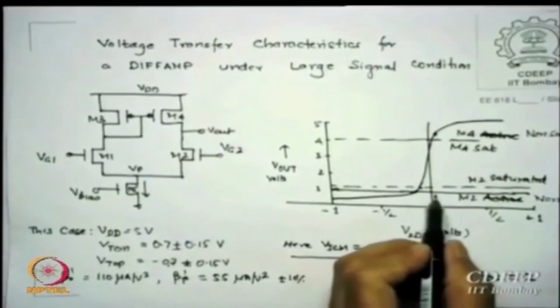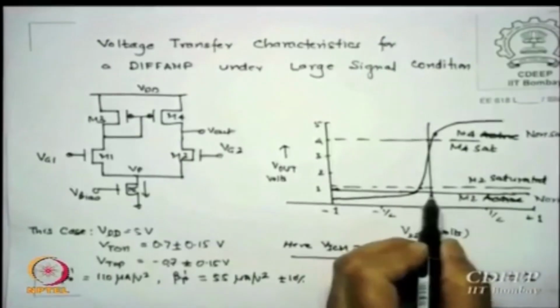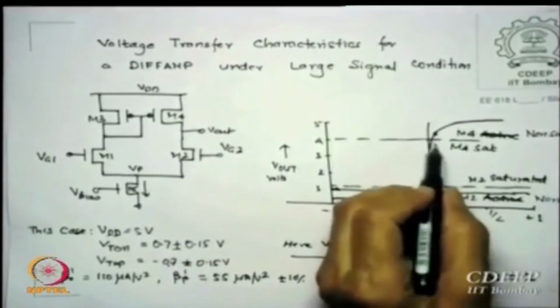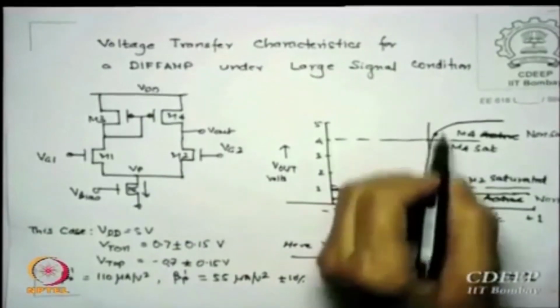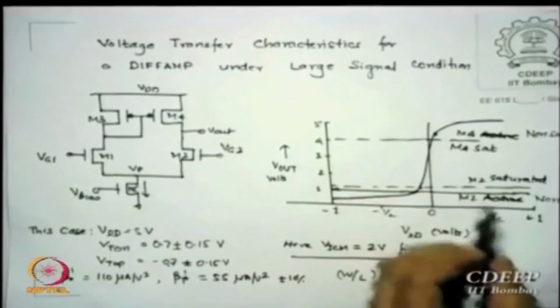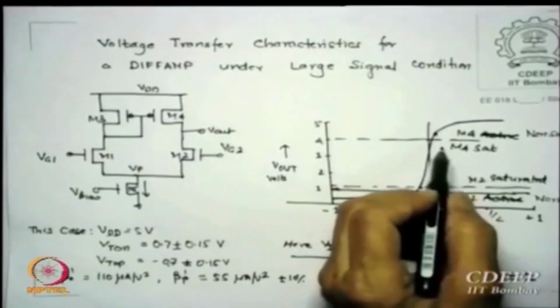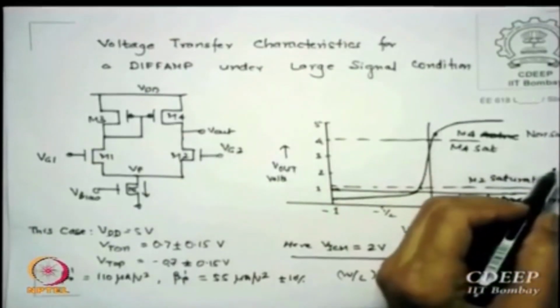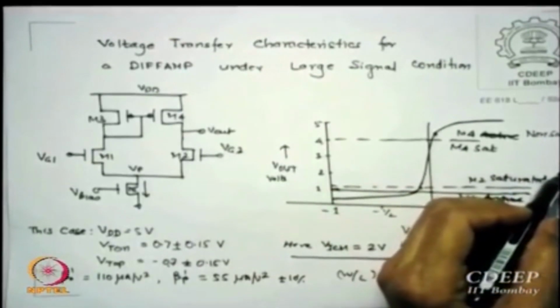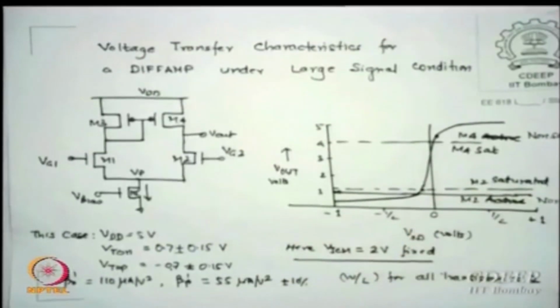So similarly, if I go beyond from 0 towards plus VID, somewhere close to this value of 0.2 or something VID, I figure out at around 4 volt of output, the device enters non-saturation. From where this value is again, VGS minus VT exceeds VDS or less than VDS, as long as VGS is large. So we have now said